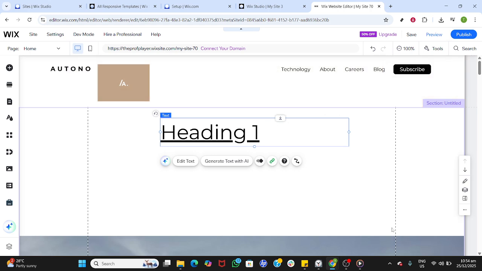When everything looks good, publish your changes. Click Publish in the top right to push